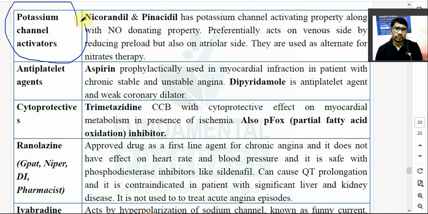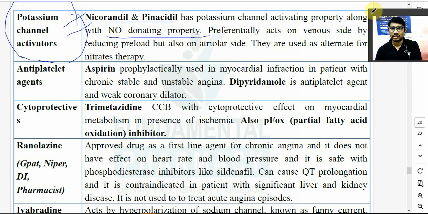So what will potassium channel opener do? So if potassium channels are open in the cardiac cell or in the smooth muscle of blood vessel, what will happen? So potassium will come out, and it will hyperpolarize the cell, and that's why there is an inhibitory effect to it. So nicorandil, pinacidil, they have potassium channel opening property, along with the nitric oxide donating property. नाइट्रिक ऑक्साइड भी डोनेट करता है,